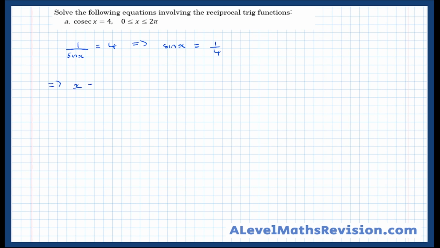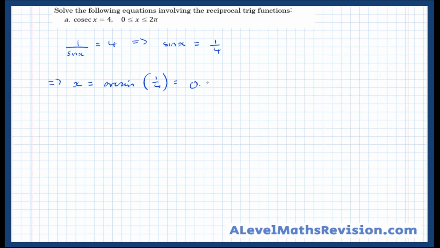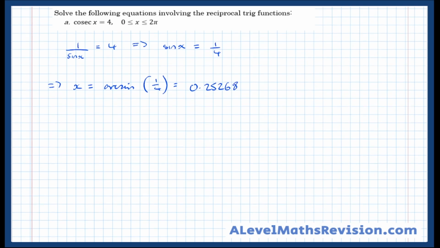Which means that x equals the arc sine of 1/4. And remember we're in radians, so I must change my calculator mode into radians. The inverse sine, the arc sine of 1/4, is equal to approximately 0.25268. And as always when solving trig equations,